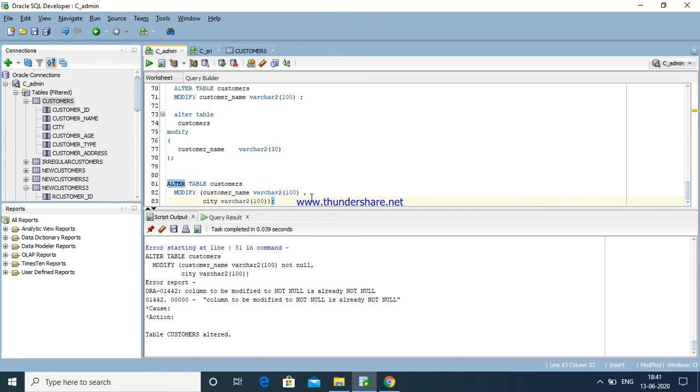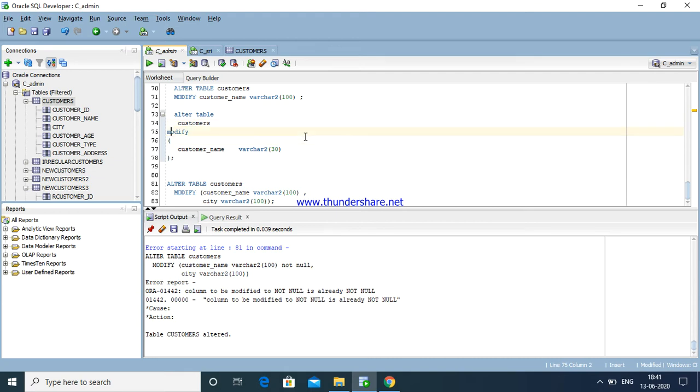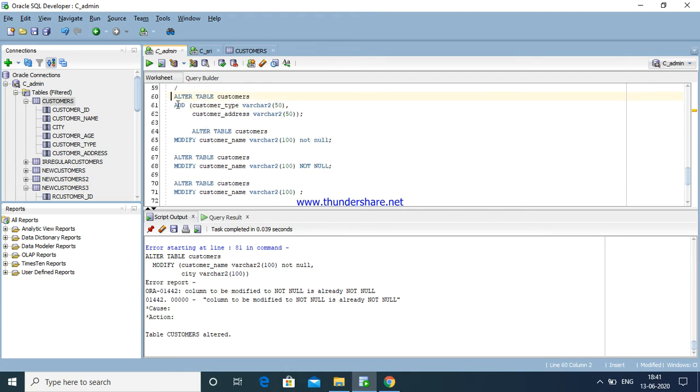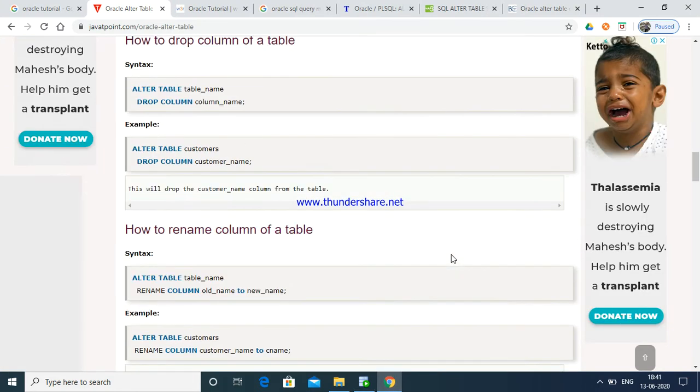Okay, add. Using the add command we are going to add columns. See here, add columns. Same way, drop columns. Okay, just I am going to drop. Just alter table.